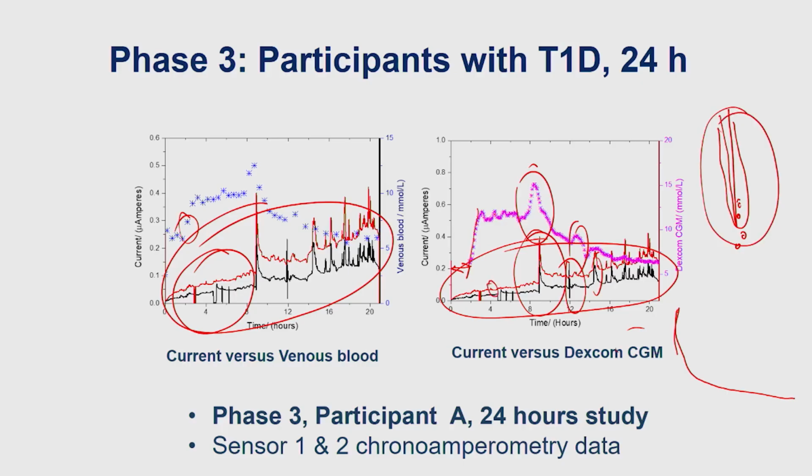So you see, as I said, we are measuring current. We are not measuring glucose. These guys directly give you the glucose, because they have,